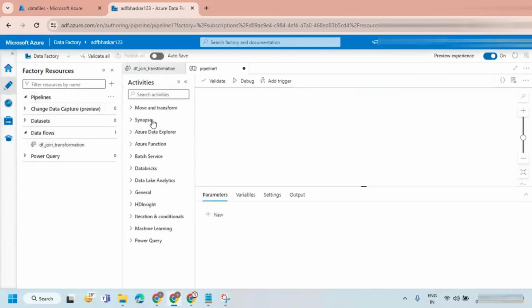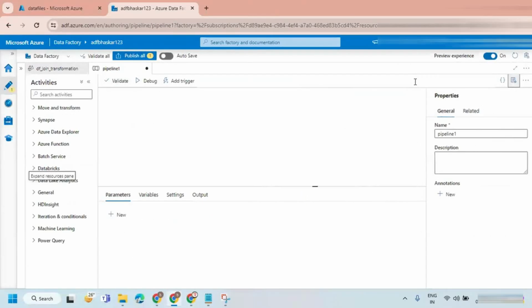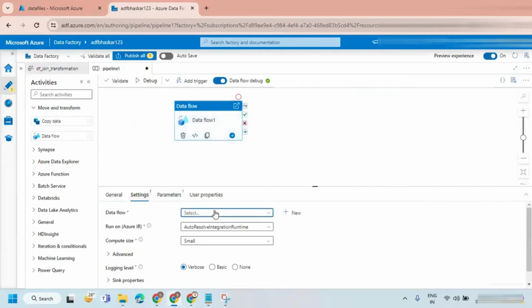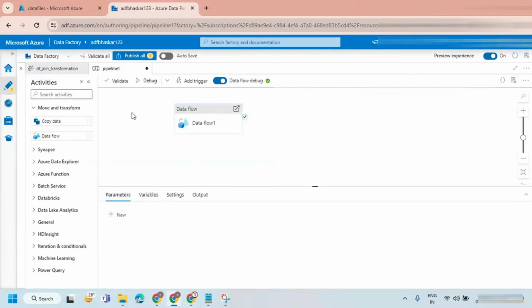Let's create a new pipeline and take a data flow here and call the data flow. And let's debug it.